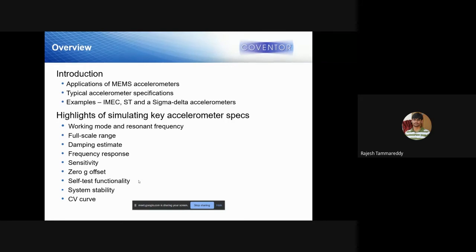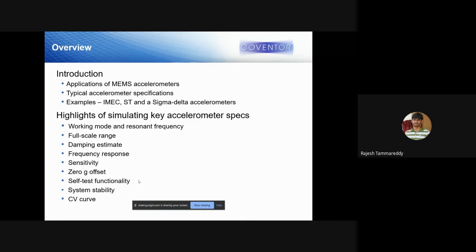So we'll see what are the applications of MEMS accelerometer, what are typical accelerometer specifications across the industry that you need to address, and we'll take the example of IMEC and ST sigma delta accelerometers.